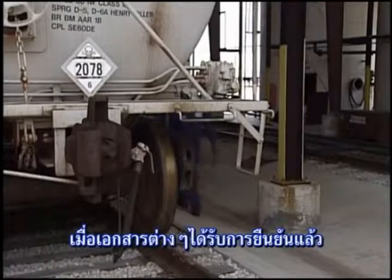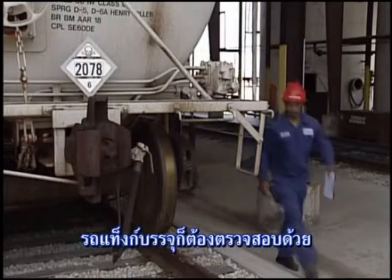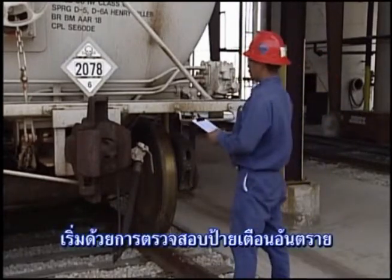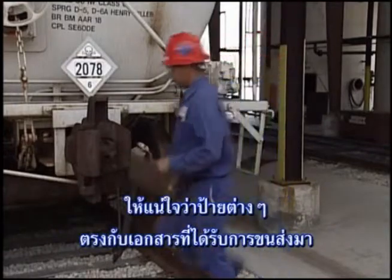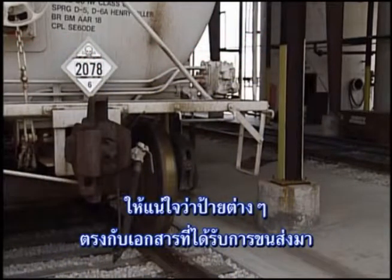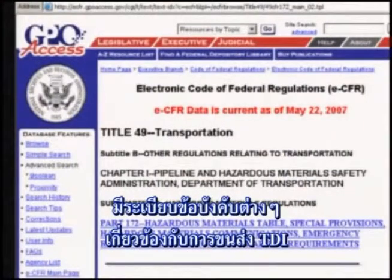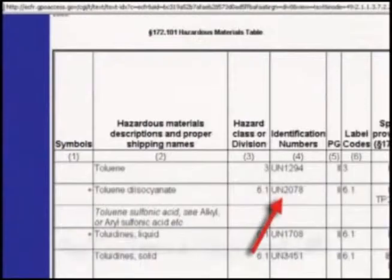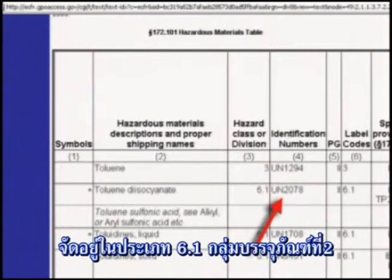Once all paperwork has been verified, the tank car itself must be checked. Begin by checking the hazard placards. Make sure that they are correct for the product noted on the shipping documents. The U.S. Department of Transportation, DOT, regulates the transportation of toluene diisocyanate. Although there are various regulations covering the shipment of TDI, it will be classified UN 2078 toluene diisocyanate Class 6.1,